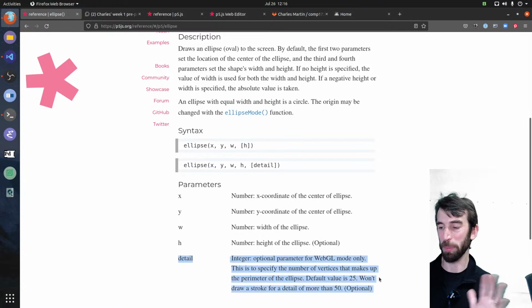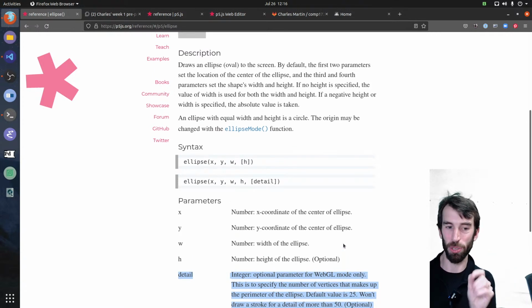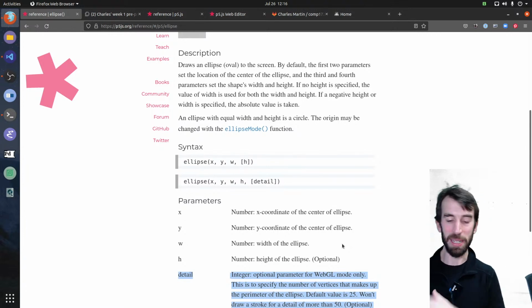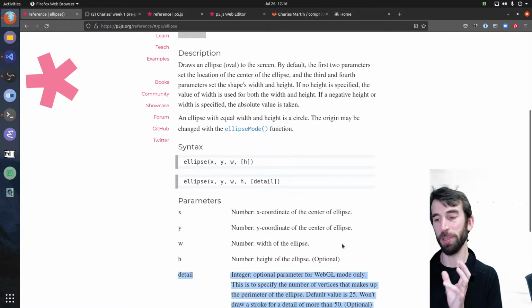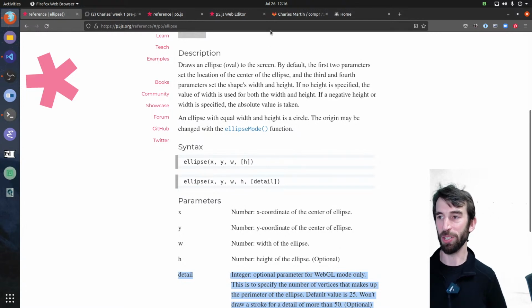Sometimes when you're learning programming, one of the skills to learn is how far to read in the documentation and where to stop. I would say read far enough to do what you want to do, and then not read any more details, because usually there can be details all the way down for many specific situations, and the most common situations are met by the basic information that you're getting.